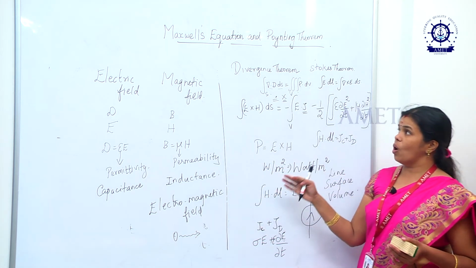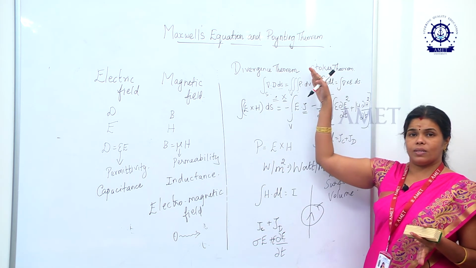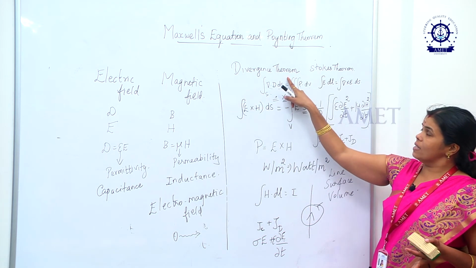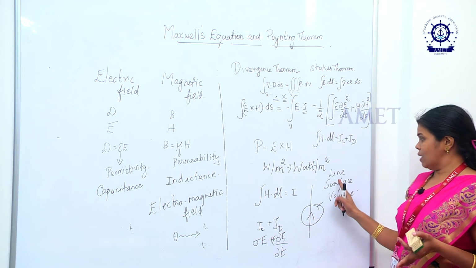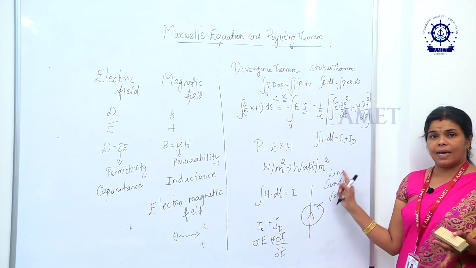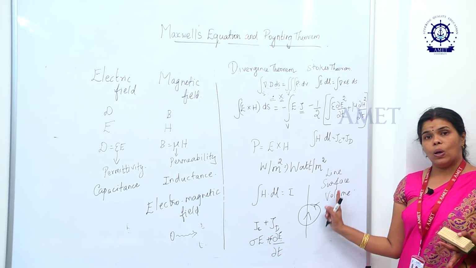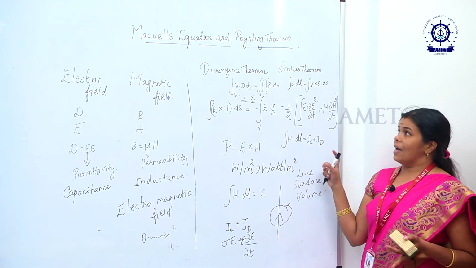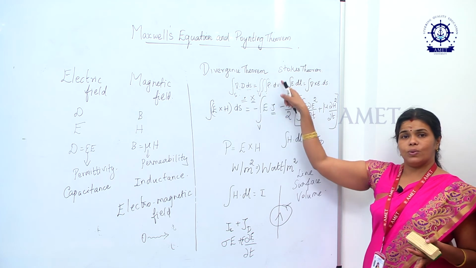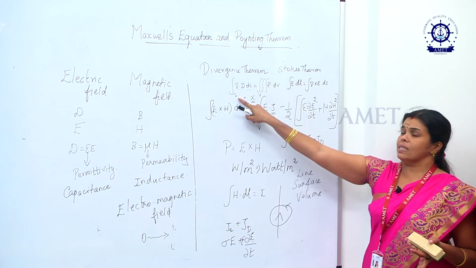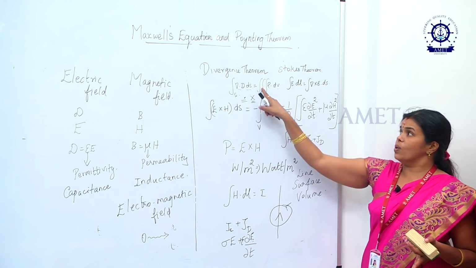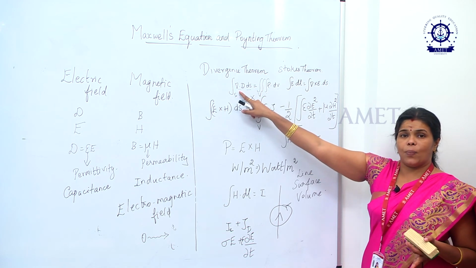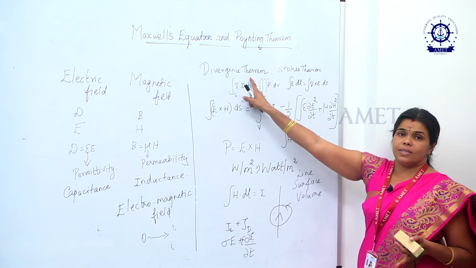So we have to know about what is the divergence theorem and what is the Stokes theorem. If you see the divergence theorem, as I already mentioned, we have three types of integrals: line integral, surface integral and volume integral. If any one of the integrals is there and you want to convert the term into the other part, that is, if you have a surface integral and you want to convert that surface to a volume integral, with the help of the del operator we can use the divergence theorem.